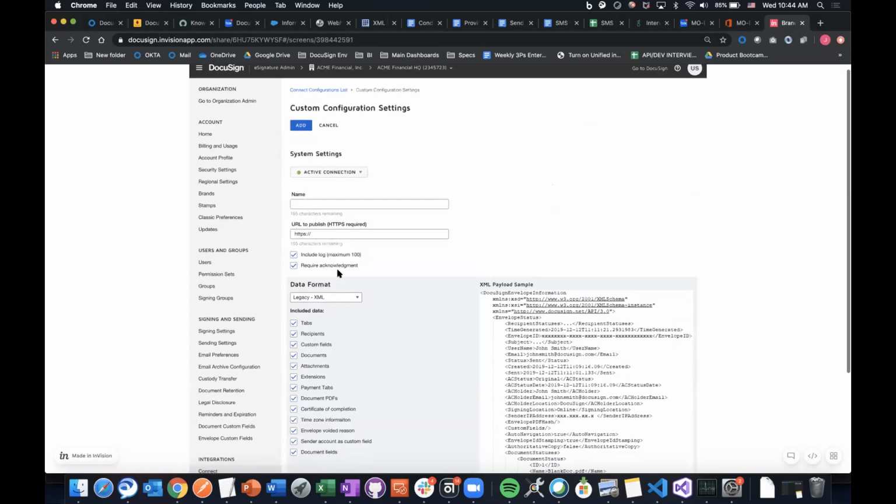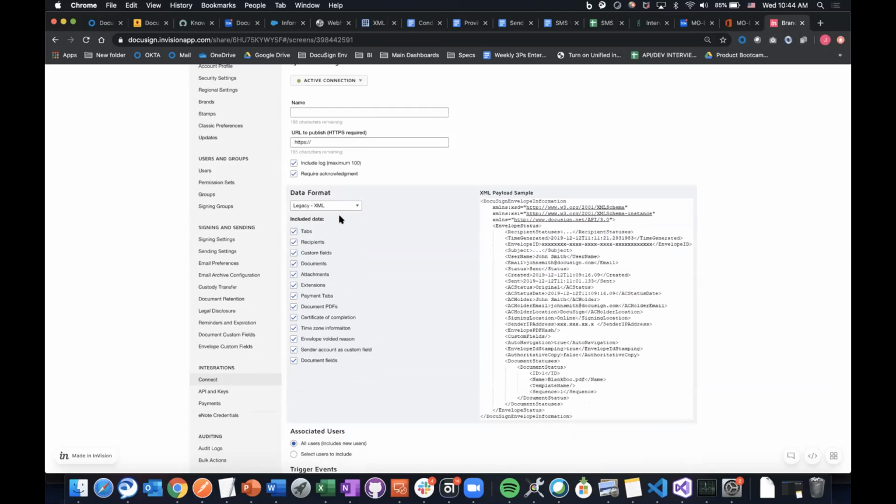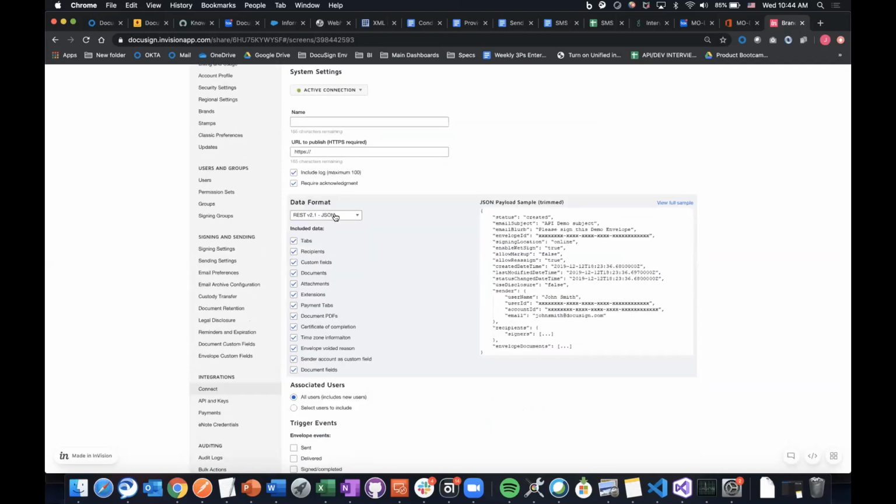If we switch over to the legacy, these are the options that you have today. And here's the sample payload that we had earlier. So you can see XML envelope status. Here's the type of data that you can customize and pick. Essentially we'll allow you to pick between the legacy, and I'm just going to click on this, and the REST v2.1 object model.